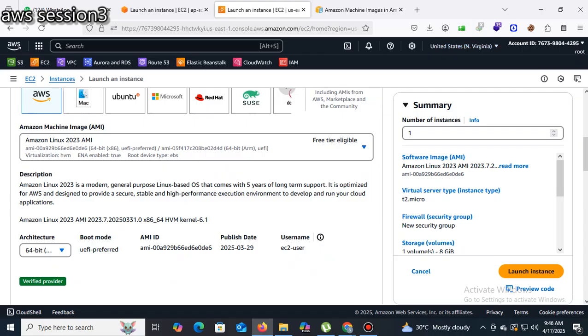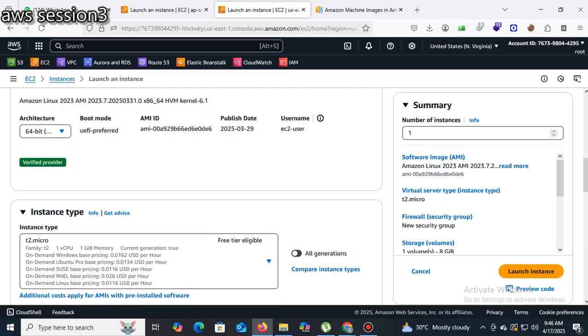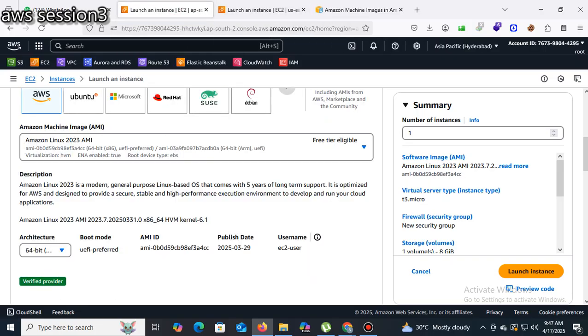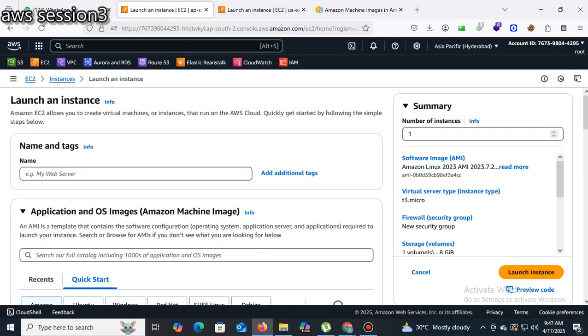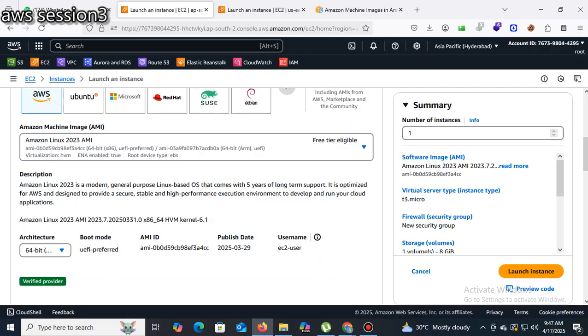This is the North Virginia region. You observe the AMI ID here, this ends with 0DE6, whereas in the Hyderabad region, it ends with another number. Okay. It will change from one region to another region.